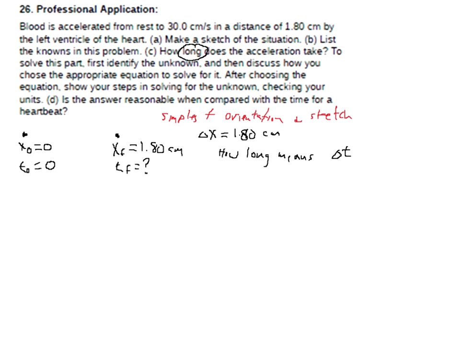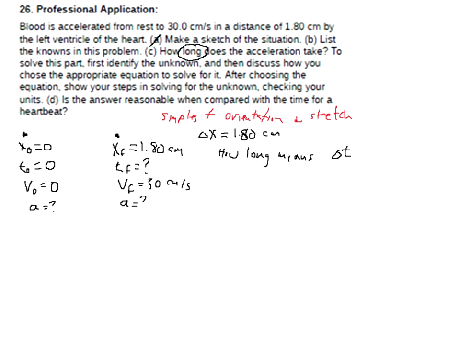It's accelerated from rest to 30 centimeters per second. So v0 equals 0, that's rest. V final equals 30 centimeters per second. It says it's accelerated. We don't know what that acceleration is. Maybe we'll need to know, maybe we won't. All right, so